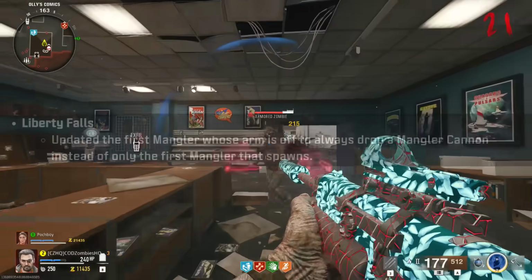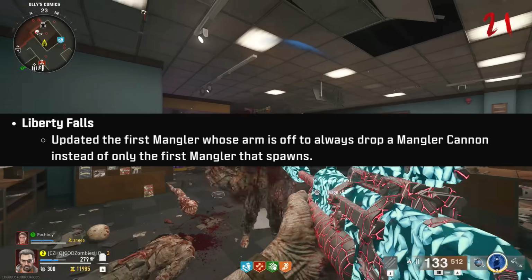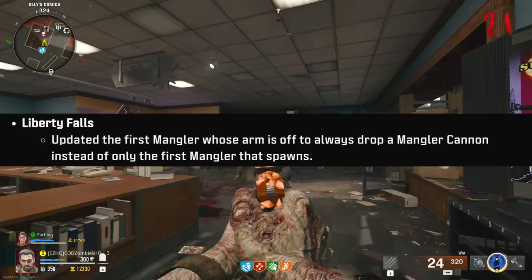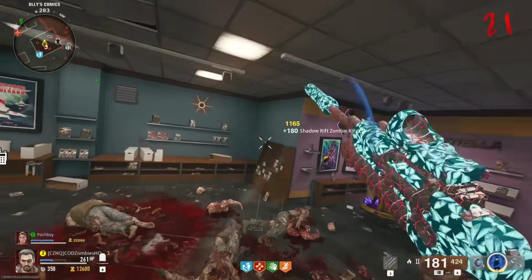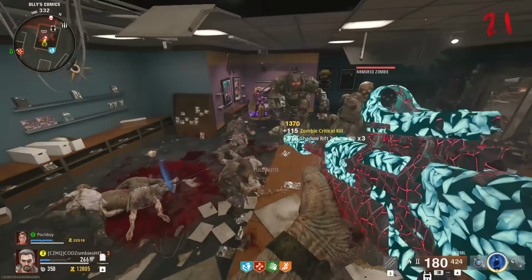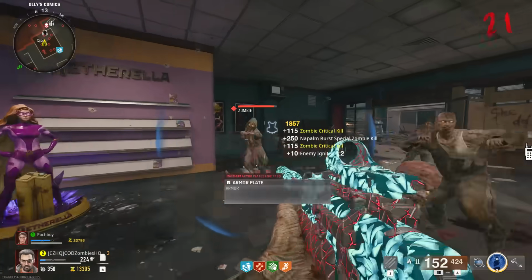Firstly, Treyarch says that they've updated it so the first Mangler whose arm you're able to fire off will always drop a Mangler cannon, instead of just the first Mangler that spawns in general. So I guess if you're running a public match and want to do the main Easter egg and build the jet gun over on Liberty Falls, you'll be able to strategically take down a Mangler to drop the arm cannon instead of just having randos take down the Mangler and quickly pick up the Mangler cannon and just not